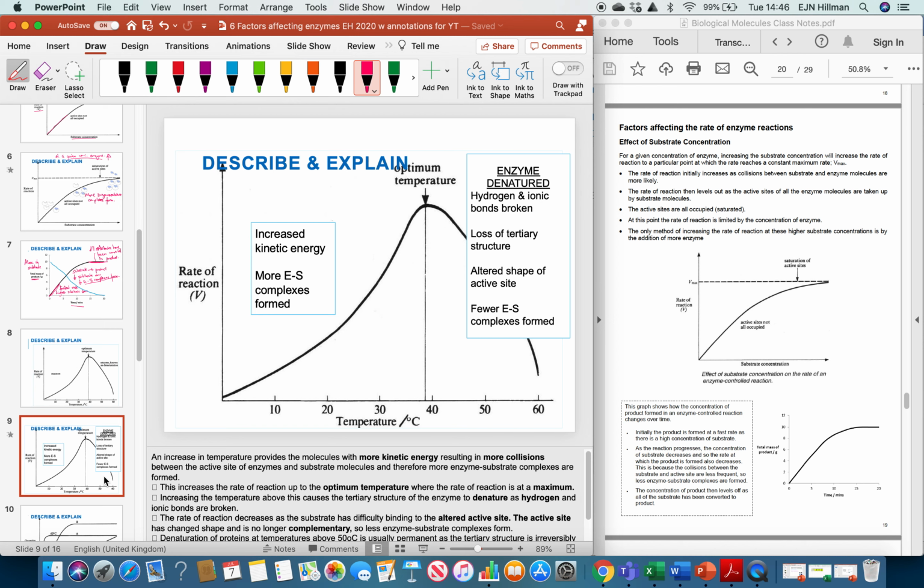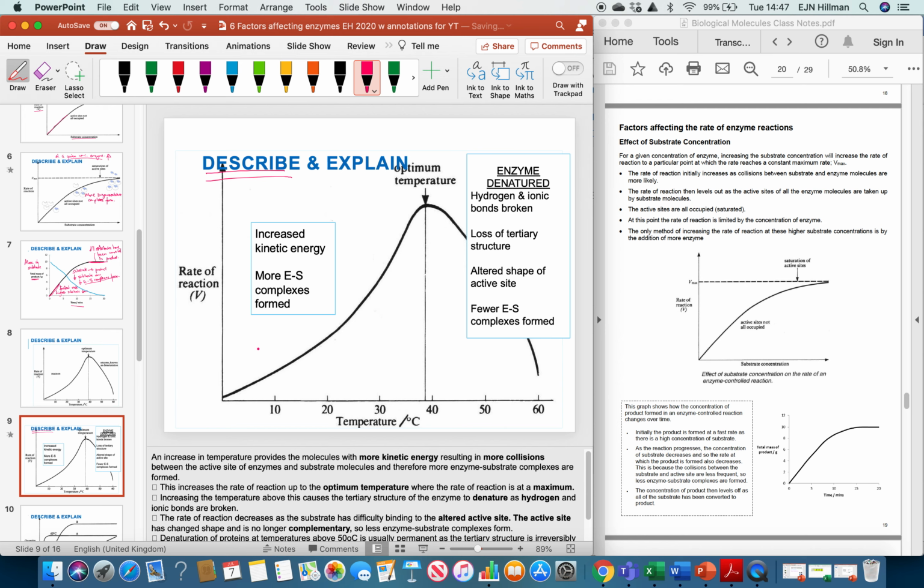Let's have a look at how we can describe and explain that. So, as the temperature increases towards 40 degrees, or towards this optimum temperature, the rate of the reaction also increases. That is our description. Above that optimum temperature, the rate of the reaction decreases. Again, description. To explain that, we need to consider